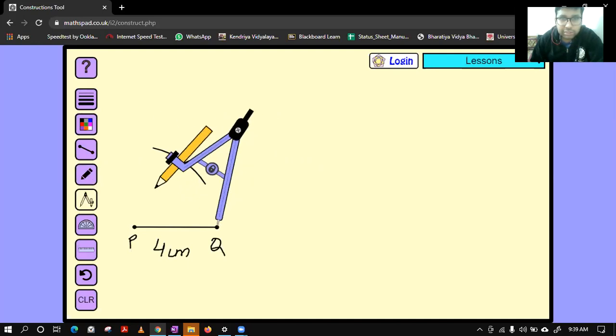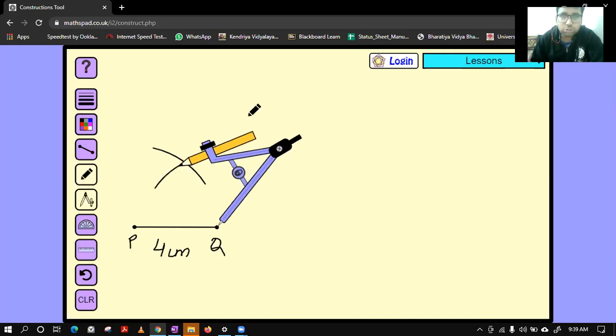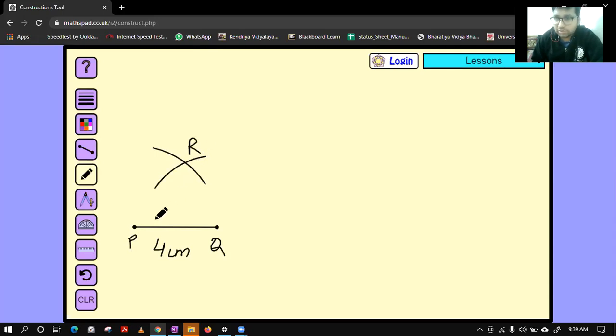Making the diagram clean and clear is also a responsibility of the person who is working on that. So we have got our point R in such a way. It will come till 10.3 only. Yes, beta, till 10.3 only will come. Although complete is easy, but still I have taken till 10.3 only. So you can see we have got the required triangle where PR is again 4 centimeter